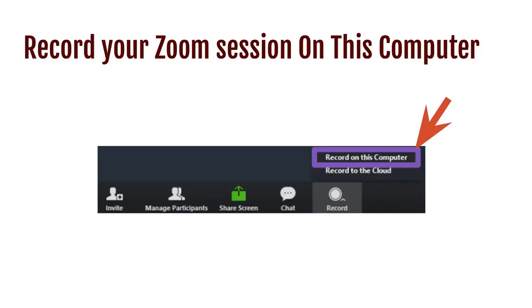And so the point of this workshop is to show you how to record locally to your own computer. When you're hosting a session, one of your options is the record button down below. And in fact, if you've clicked that setting, as we showed a moment ago, it will automatically record to your local computer. But you also have the option to adjust that. In whatever case, if you have the option, our recommendation here is to record it on this local computer with a record button. Okay, moving along.